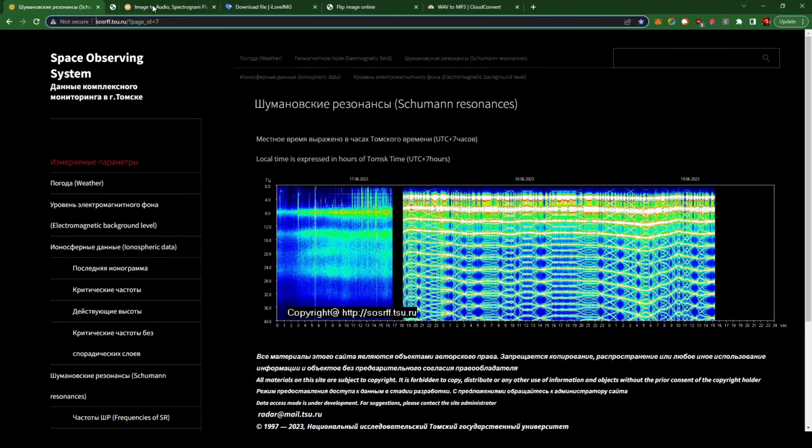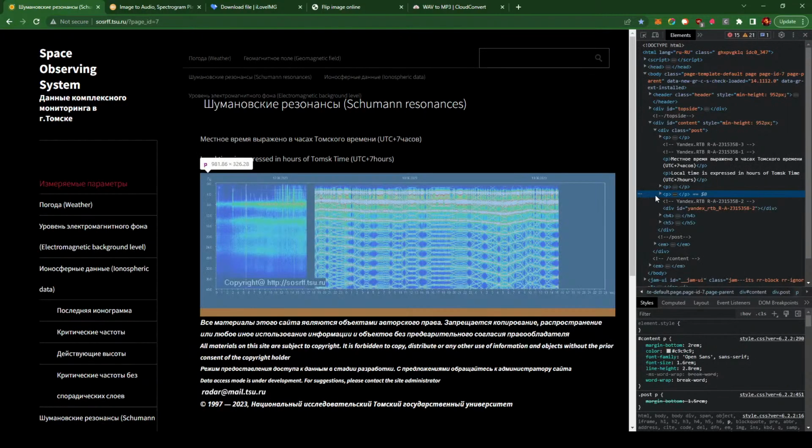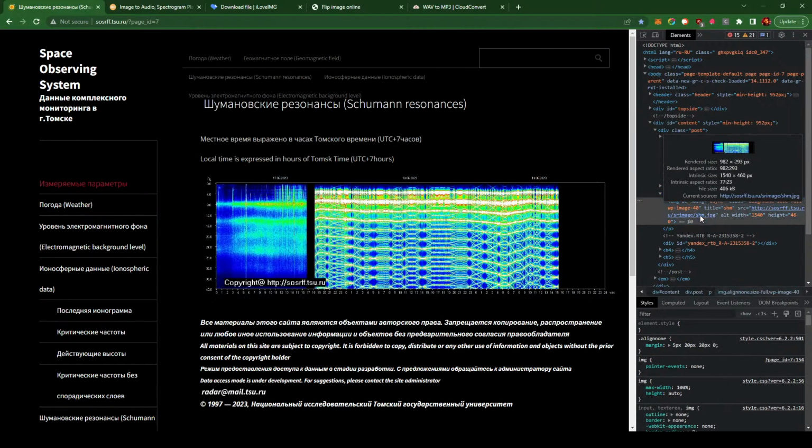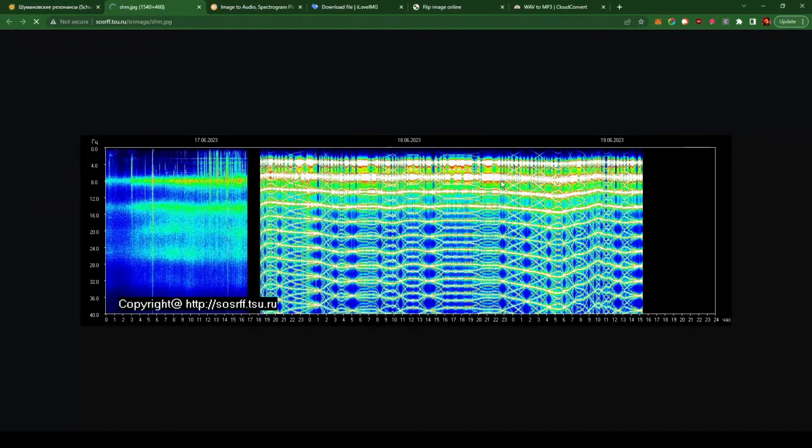Okay, so first we need to extract that image here, which we can't do just by right-clicking. We could take a screenshot, but it'd be a low quality version, so I'll just pull it out of here. We go inspect, right-click inspect. We see this P element here. Here's the image. Right-click on the image, open a new tab. Here we have the image. Copy that to the clipboard